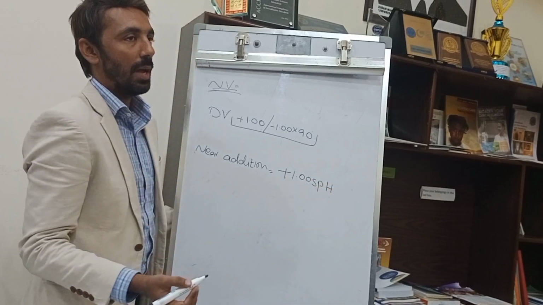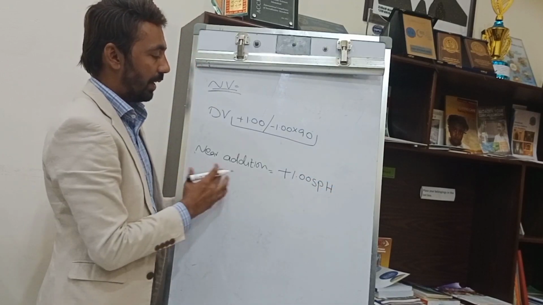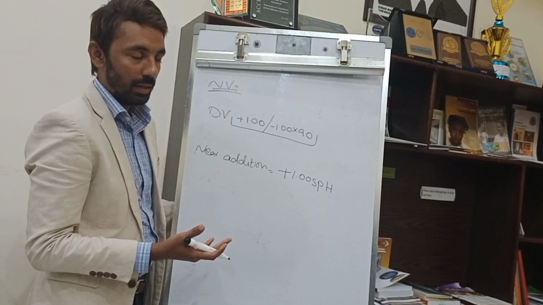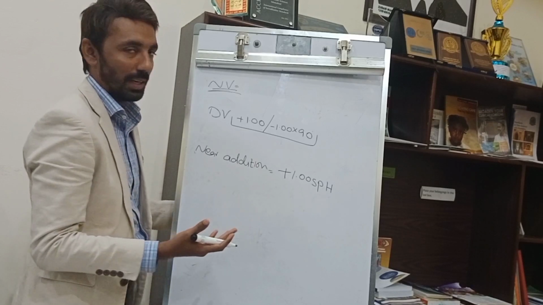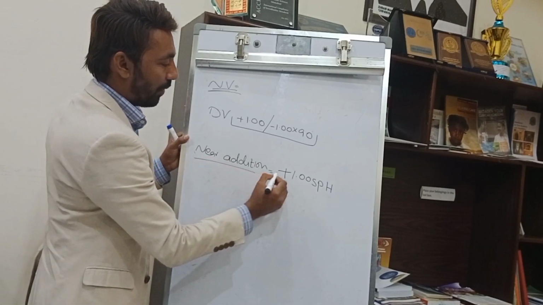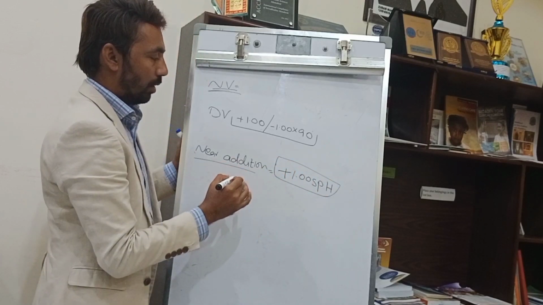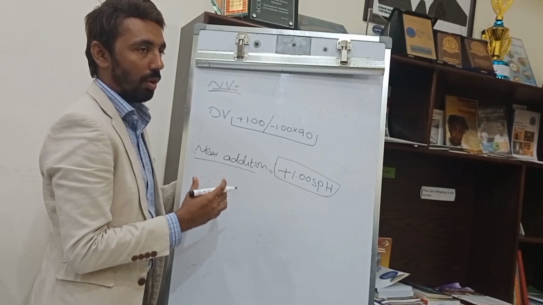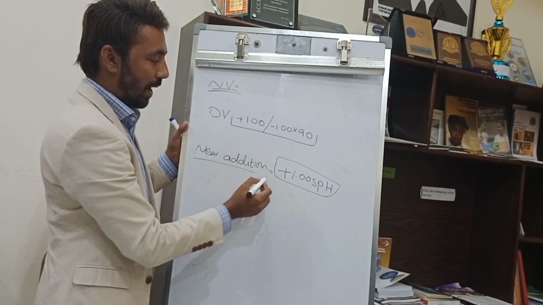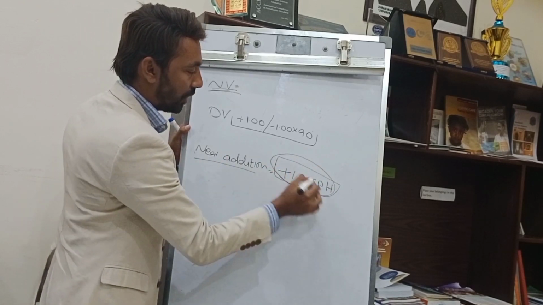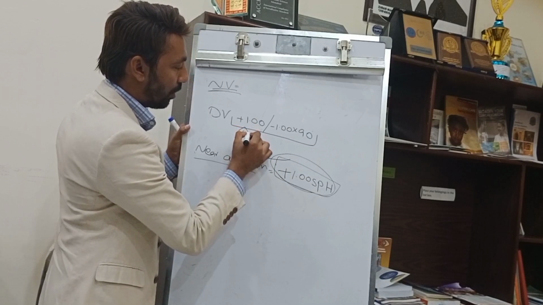You know that we prescribe different near addition in different age groups, right? That is a different topic we will discuss in the next video. So near addition is always in plus spherical form, right? And to gain the prescription of near vision glasses, we have to add this near addition in the spherical correction of the distance